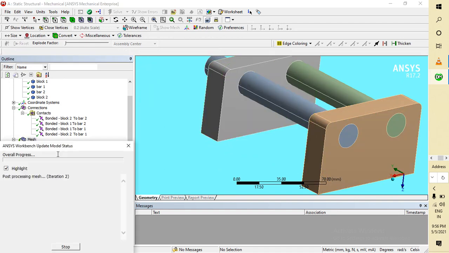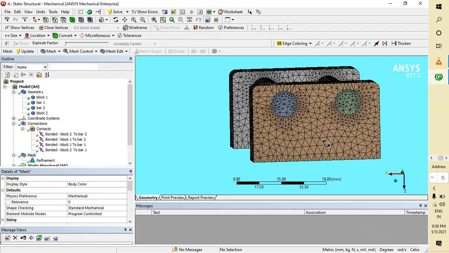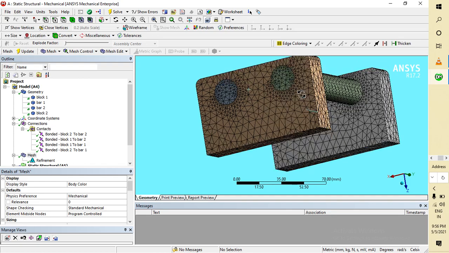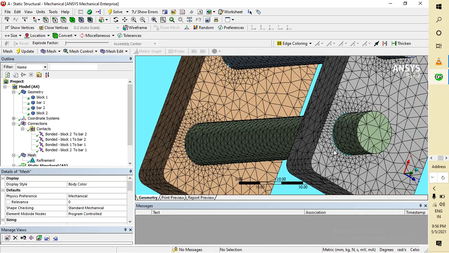Okay, now you will see the difference by the refinement. This is called local refinement. Why is it called local refinement? Because we are giving explicitly, by our own choice, where we want a refined mesh with small elements. Now you can see it is densely meshed here. You can see that, guys. It is noticeable. I will zoom in here.